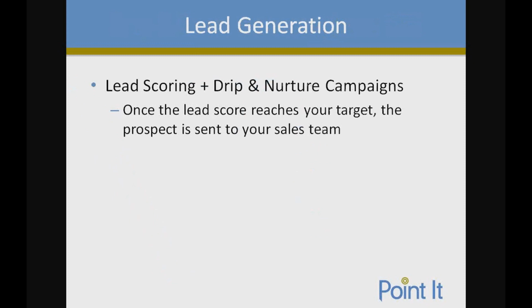So through all of that center of the funnel activity and drip and nurture, with lead scoring, you're able to get a lead really interested in what it is that you're doing, and once they reach a certain benchmark in a lead score, that prospect is sent over to your sales team.